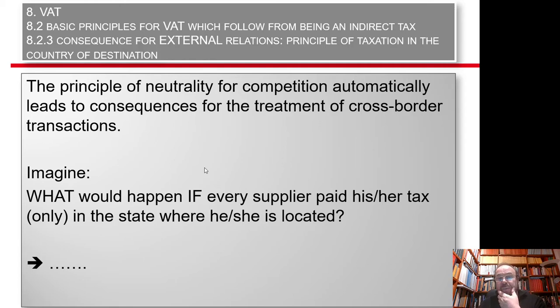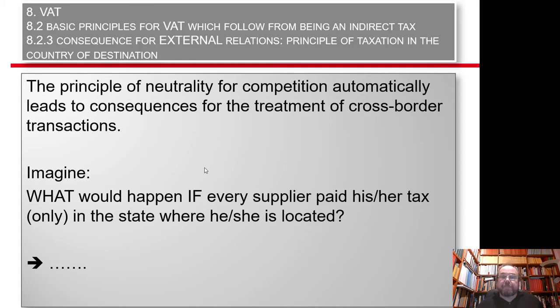Now, I hope we have understood why taxes must be neutral for competition when they are indirect. Now let's draw first consequences from that general principle. What does it mean for external relations? Well,